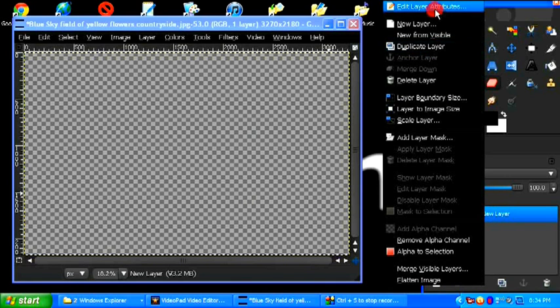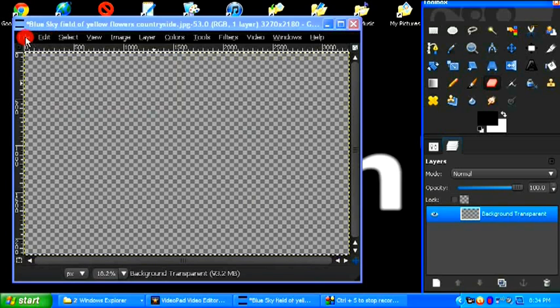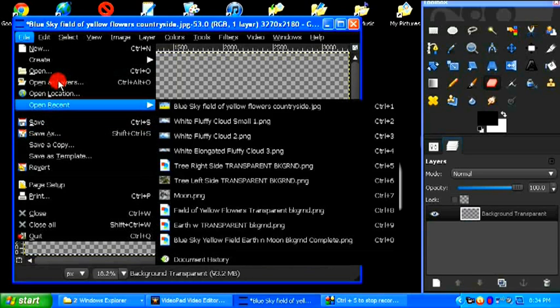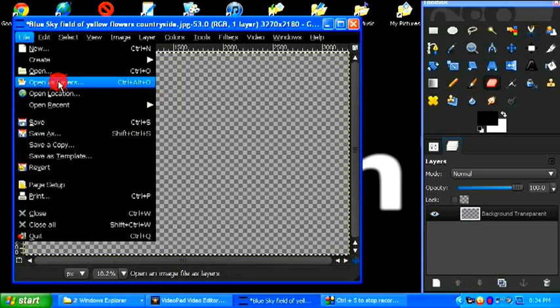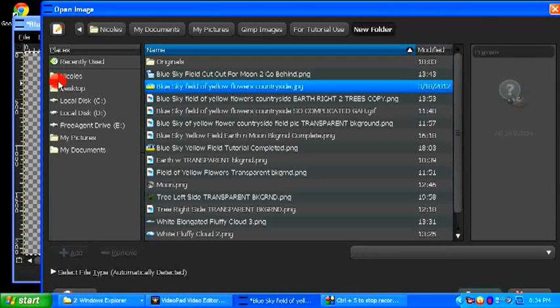Go ahead and rename that your background transparent, or you can name it canvas, whatever. Click OK, and now we're going to open up every one of the separate image files that we created from that one image. We do this all at one time by going to Open as Layers, and clicking on each one of the separate image files that we want to include